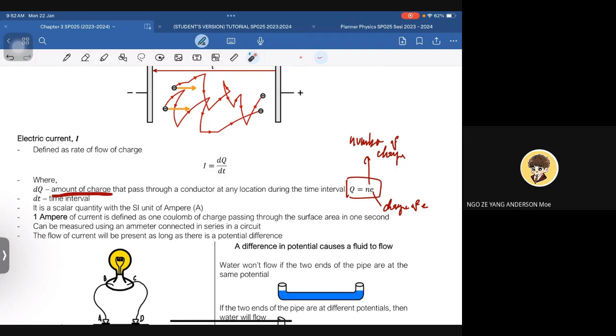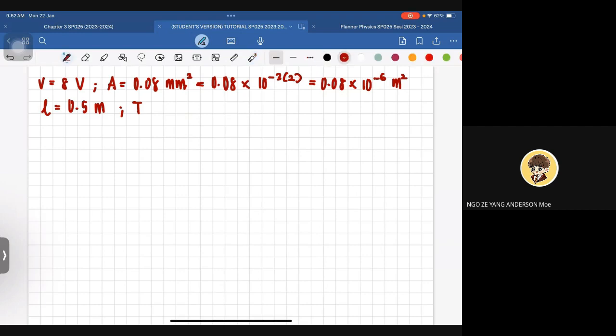Okay. Right. So sekarang ni kita tahu temperature is always usually at 20 degrees Celsius. So this is our reference temperature. Okay. Reference temperature is T naught lah. Okay. So from here, the question asks us to determine the resistivity. Okay. So given is the current, which is 1.2 ampere. So sekarang ni kita ada